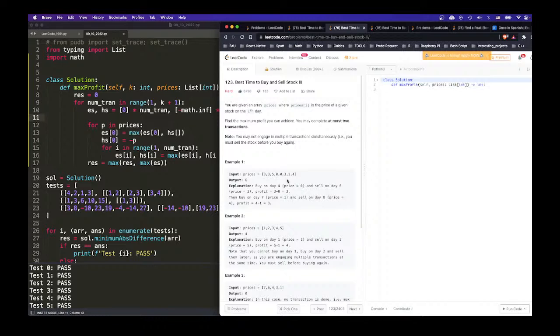Right? Therefore, we can say sell, right? To sell is to finish the transaction. So yes, so E1 is